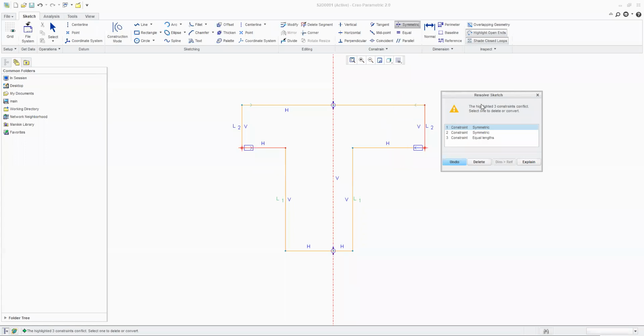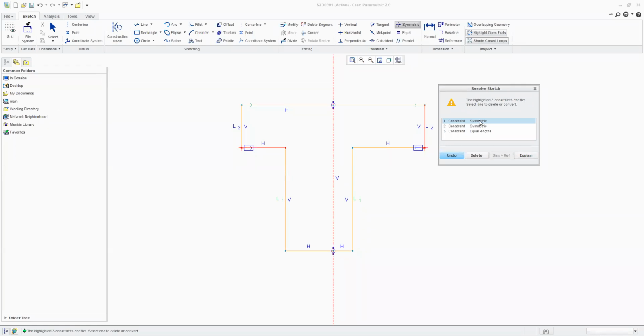Immediately, it is showing me with the help of a dialog box that either this constraint, which is shown over here in a box, or this constraint, or this constraint equal. One of the constraints you need to remove.